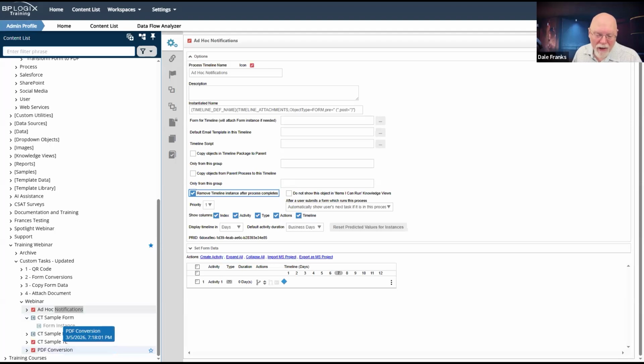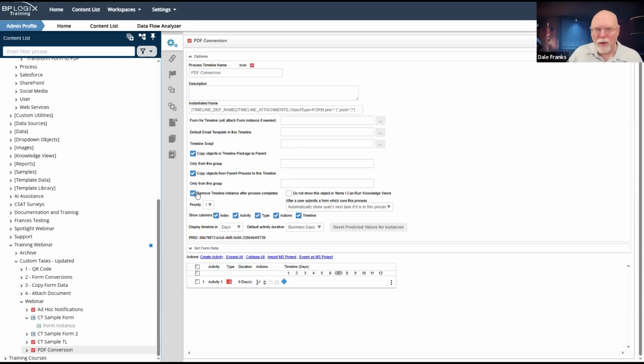It's not as important, I think, for the PDF conversion custom task. I think we're pretty good in being able to remove that timeline. There are some other considerations whenever we're invoking this custom task in a sub process. Those might be large documents, like if there's a bunch of TIFF files or whatever, or you're doing work with videos or pretty much any type of image. That's going to get big pretty fast, especially if you're calling it a lot.